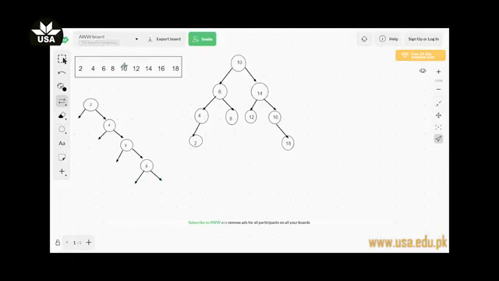Next, the value to be inserted is 10. Again started from the root node, the value is greater, move towards the right side. Again the value is greater, again move towards the right side. Again the value is greater, move towards the right side. Now the last node, which contains the data element 8, the value is again greater, so we'll end up in this case, which is null. So we will create the right child of 8, which will be now the node with value 10.